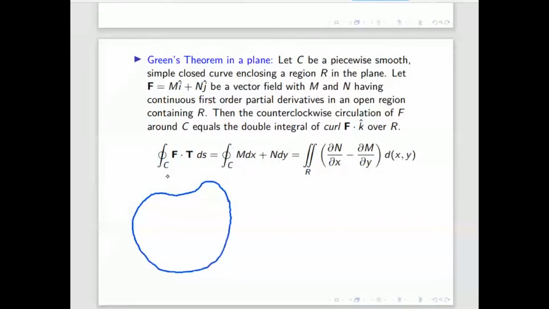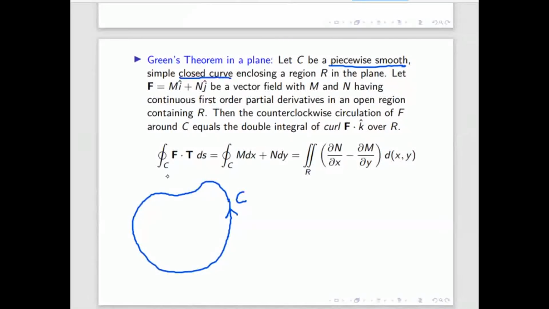It is piecewise smooth. Even if you take one part, it will be smooth, even if overall it is not smooth. Smooth means its partial derivatives exist. If you parameterize the curve, its components' partial derivatives will exist and be continuous. That is the meaning of piecewise smooth. Closed means the starting point and end point are the same.